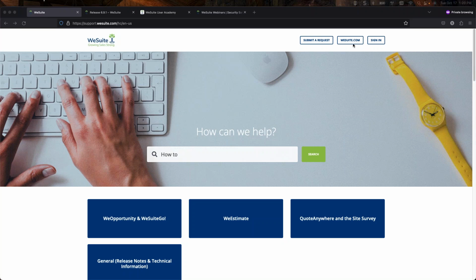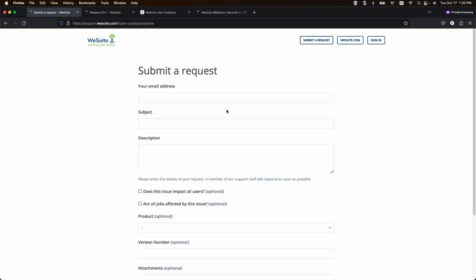So one of the things I wanted to show you guys quickly is our web form. I had mentioned talking to Pete on our support team earlier, and he ran some numbers for me: just under 20% of all tickets that are submitted utilize our web form. The web form is this nifty submit a request button at the very top. If you click on that, it gives you the ability to add your email address, subject, a description,